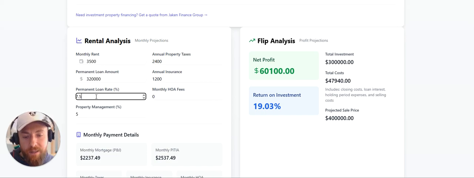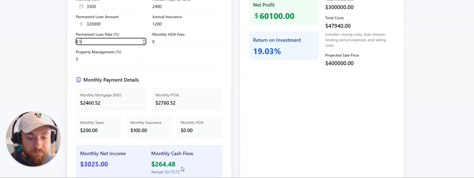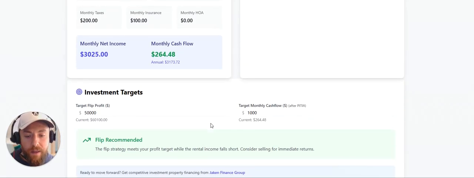So this could be today's rate, but if I were you, I would underwrite this at a worse rate, right? Just underwrite it worse, and if it works worse, it's likely to work in the better scenario. So be conservative. If you add a point, add a percent to your rate just to see if the deal's going to pencil. So now we get our income and our cash flow,